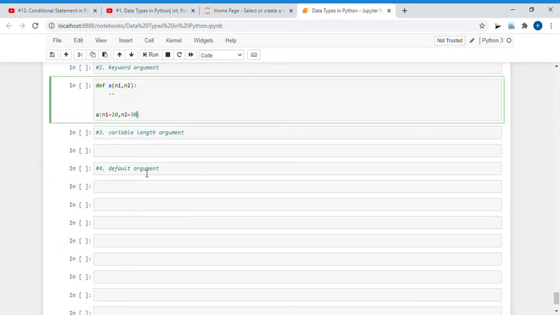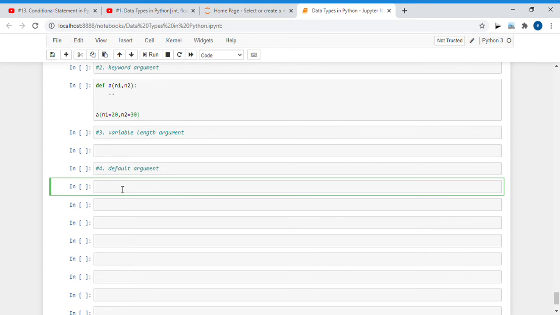Now let's talk about the default argument, before the variable length argument. Default arguments are the arguments of the function which have predefined values while creating the function itself. For example, if I create parameters n1 comma n2 comma n3, I specify the value here itself, suppose n3 is equal to 25.